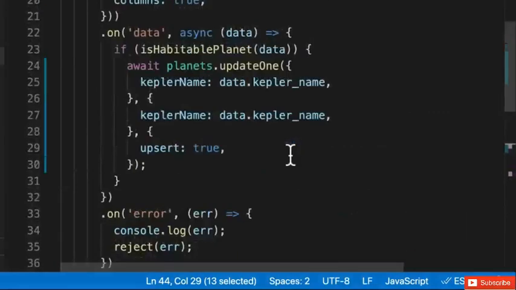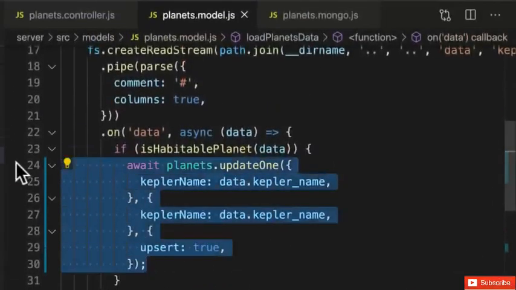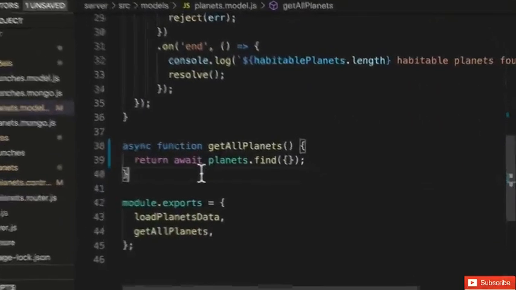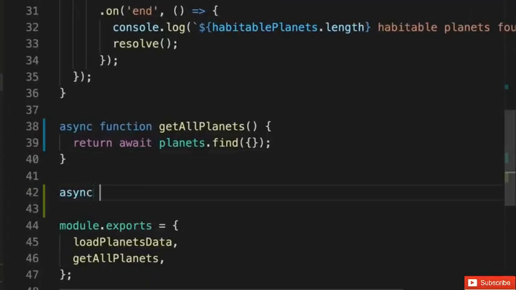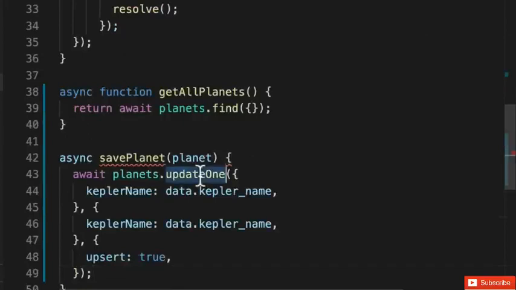So let's do that for our code over here, where we save one of our planets to Mongo. I'll move this out of our if block and create an async function below getAllPlanets to save our planet, taking in some planet data